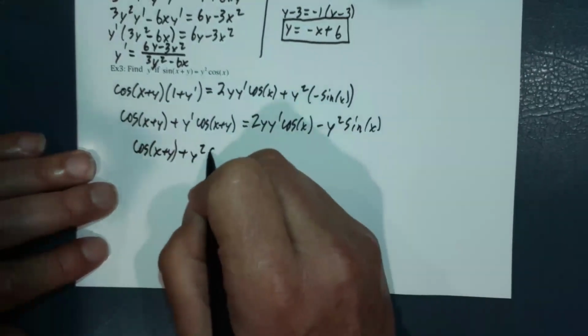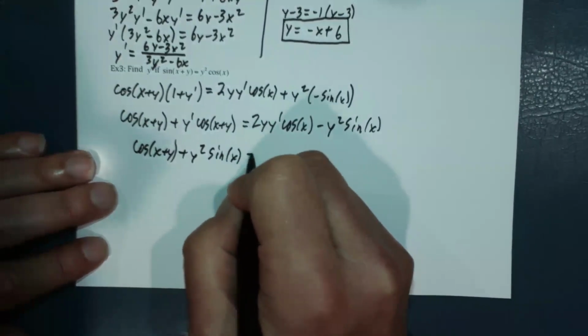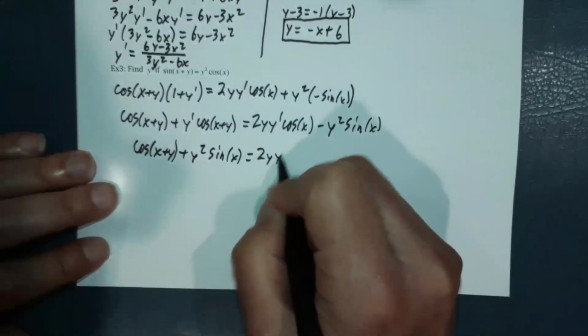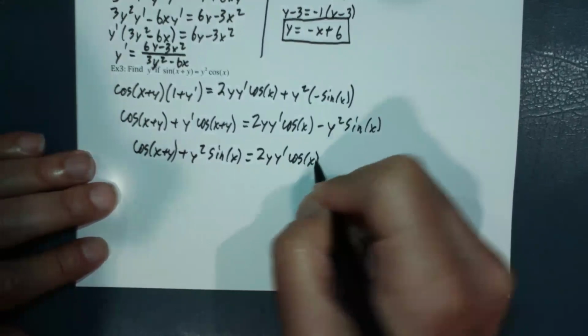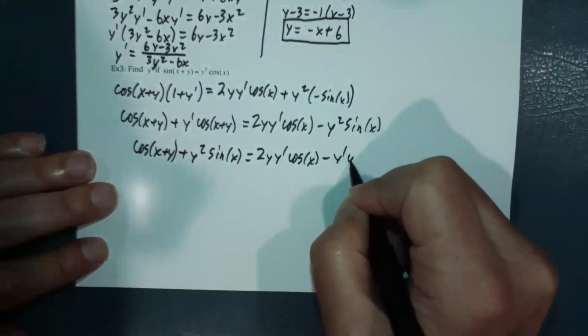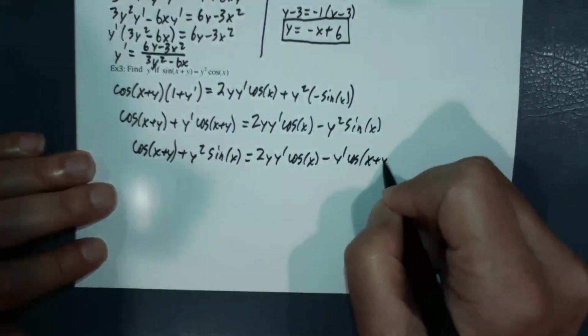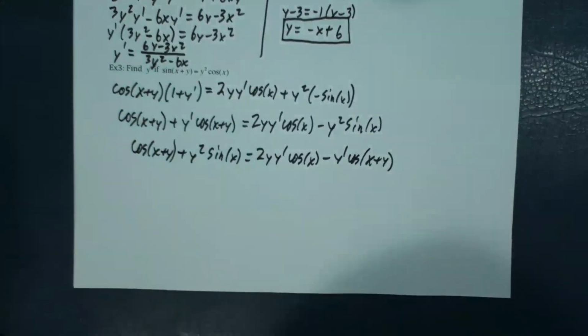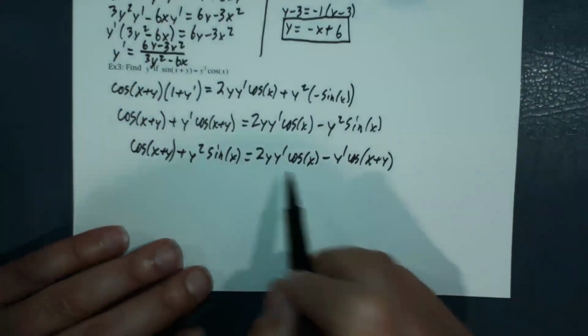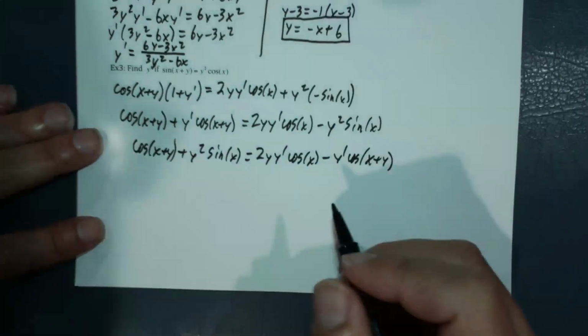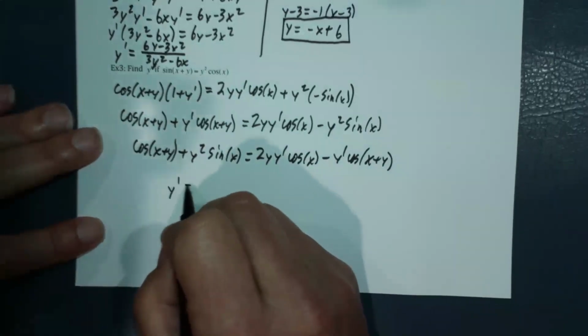squared sine of x equals 2y y prime cosine x minus y prime cosine of x plus y. And I'm going to factor out a y prime on this side and divide. So I'm going to end up with y prime equals